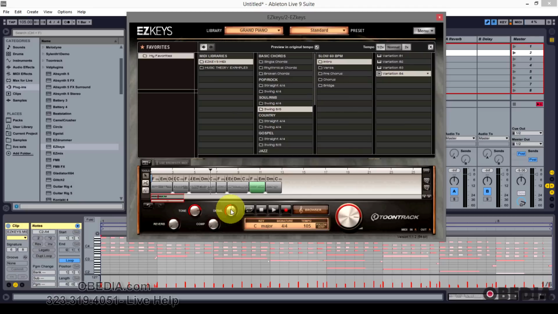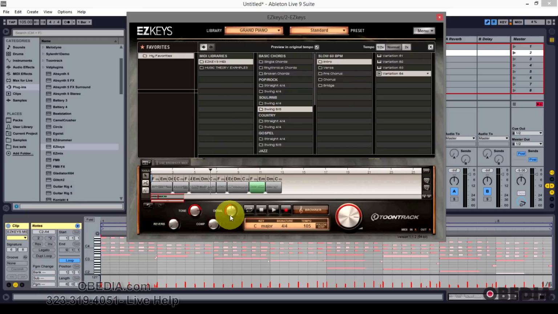So as with many of Toontrack's products, there's a focus on humanization here. The purpose is to ensure that your keys don't simply sound very rough and robotic. There's going to be a more human feel. You're going to get some of that feel of other notes playing off of incidentals and accidentals and things like that. And all of these different things really do add to giving you the musicality that sometimes we lose